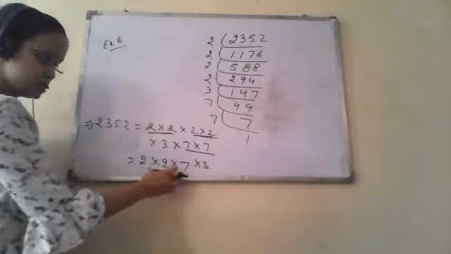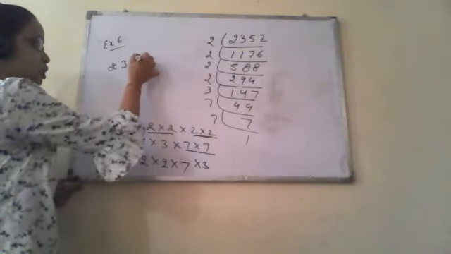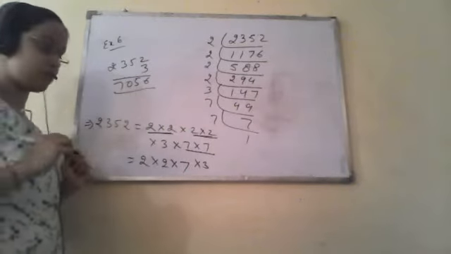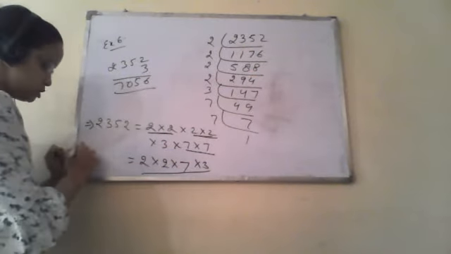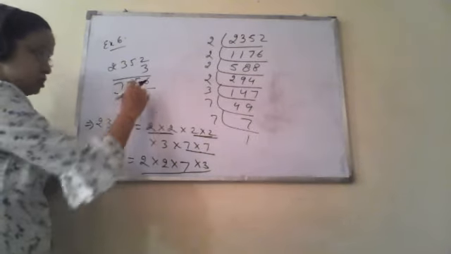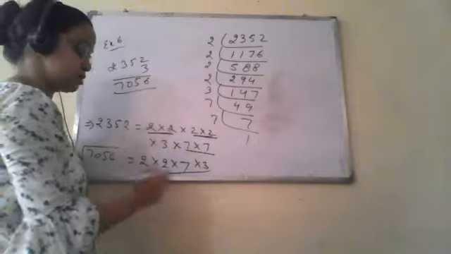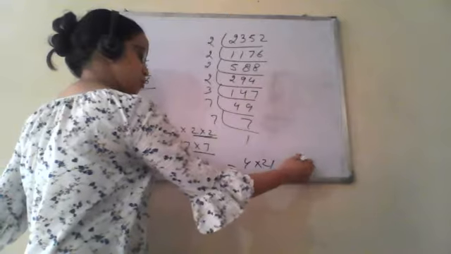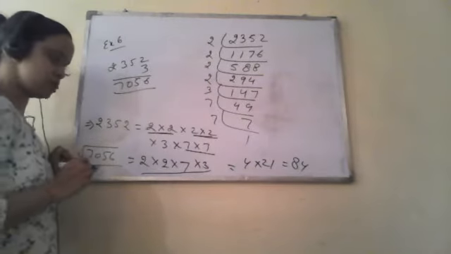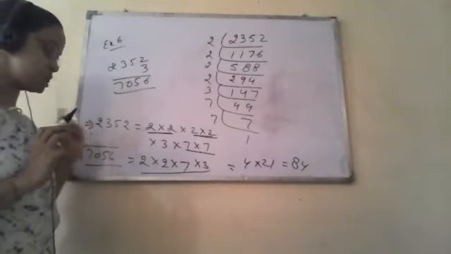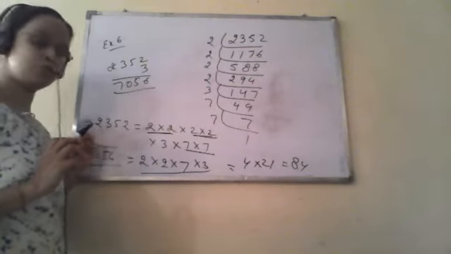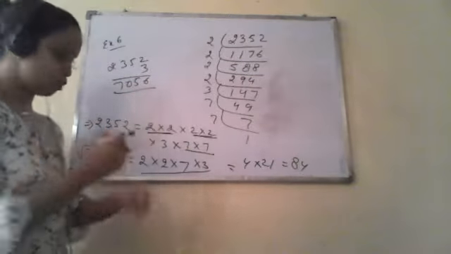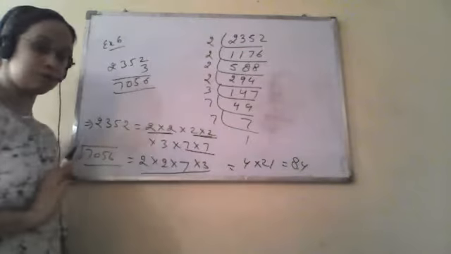Okay, if we multiply this number, 2352, by 3, this resultant number will be 7056, and the square root of this number will be 2 into 2 into this, that is 4 into 21, and it comes out to be 84. So the square root of 7056 will be 84. So the smallest number which has to be multiplied to 2352 is 3, the new number will be 7056, and the square root of this number will be 84. I hope this is clear now.